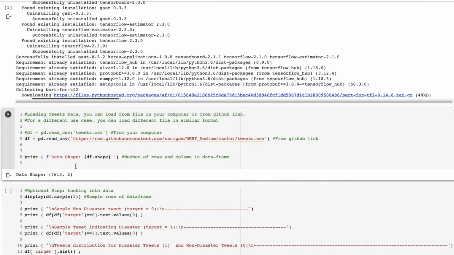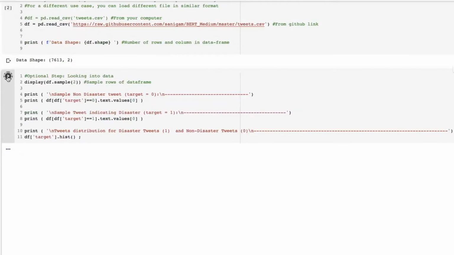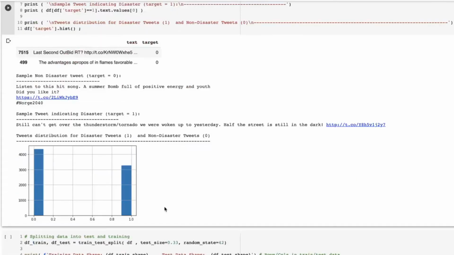You can take note here that this is a very small corpus, only a few thousand records, which we are using for the fine tuning, and it gives good performance just based on those. And this is just the distribution of disaster tweets and non-disaster tweets.